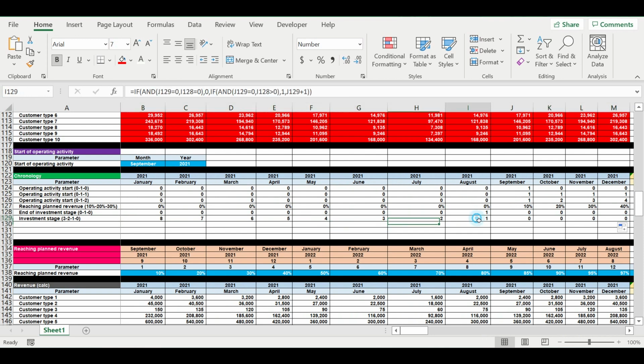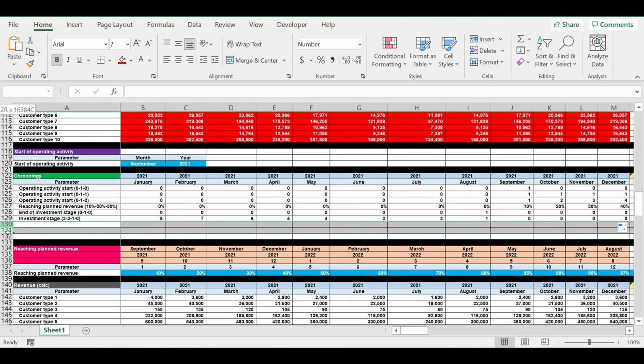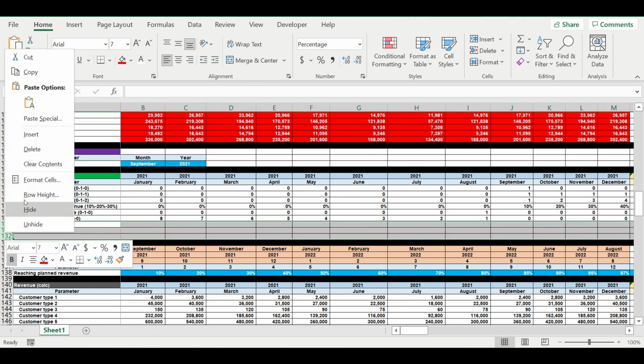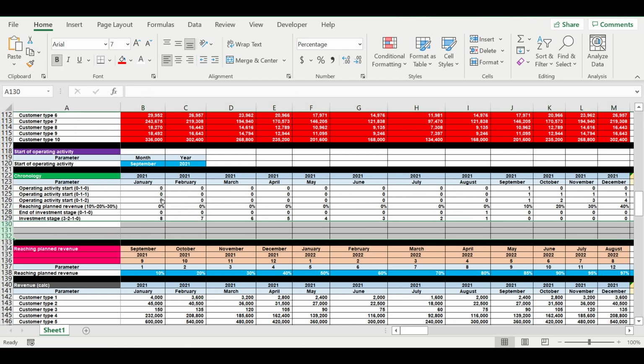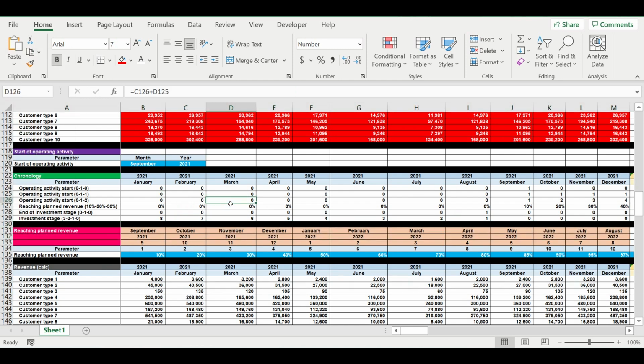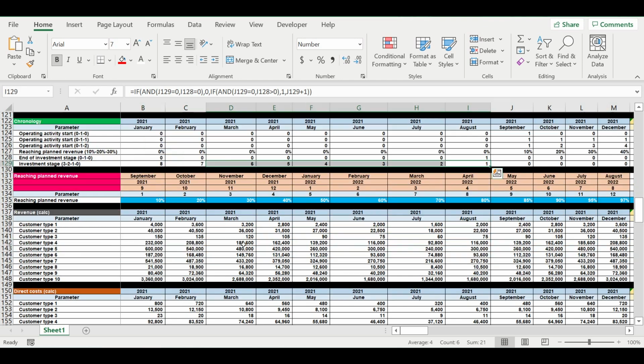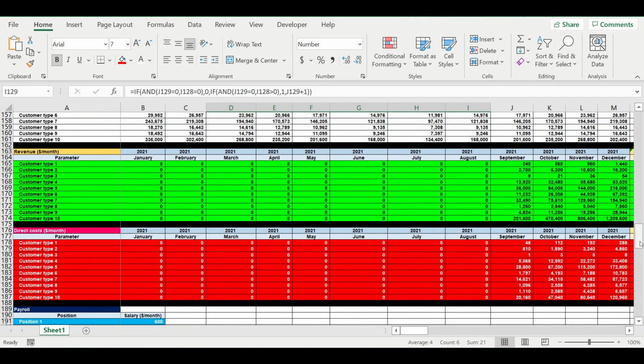So here we see the countdown of months of the investment stage, and we will link the months of the investment stage, the expenses during the investment stage, to the number of this or that month. How can we do that? We will go